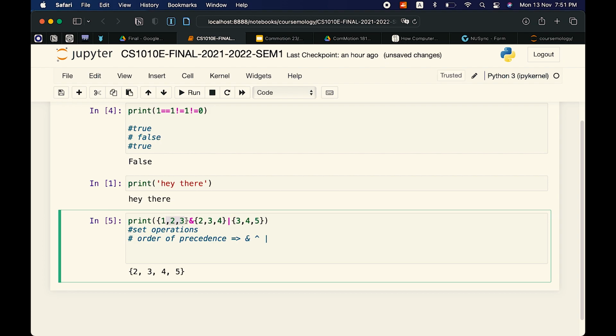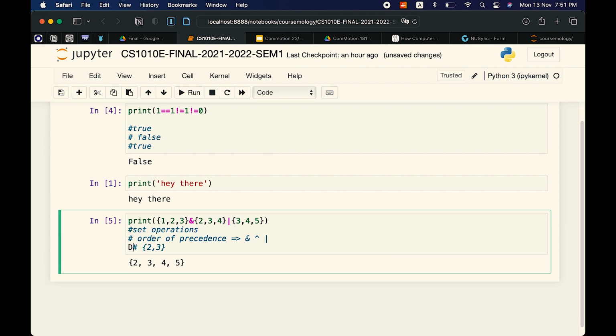It is 2, 3, and 2, 3 here. So already we have 2, 3. Okay, and then we evaluate this part: 3, 4, 5. From this first half we got 2, 3. Then we evaluate the rest of it, so we go from left to right. 2, 3, 2, 3, 4, 5.